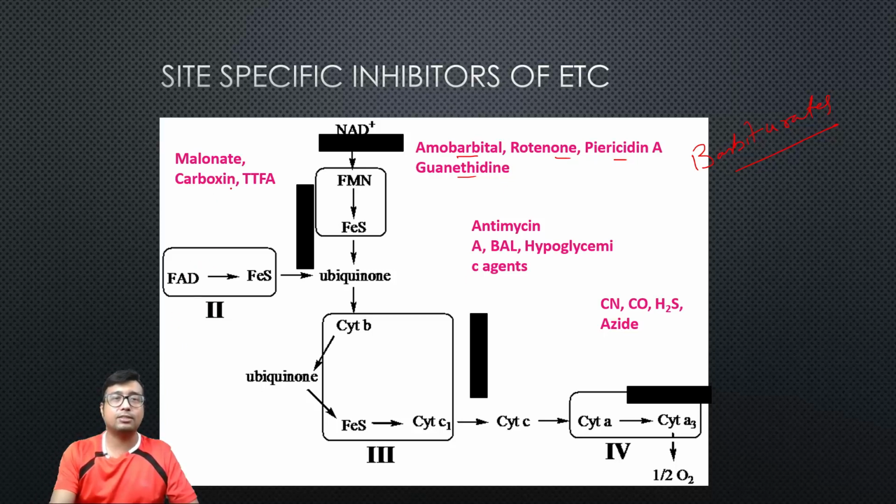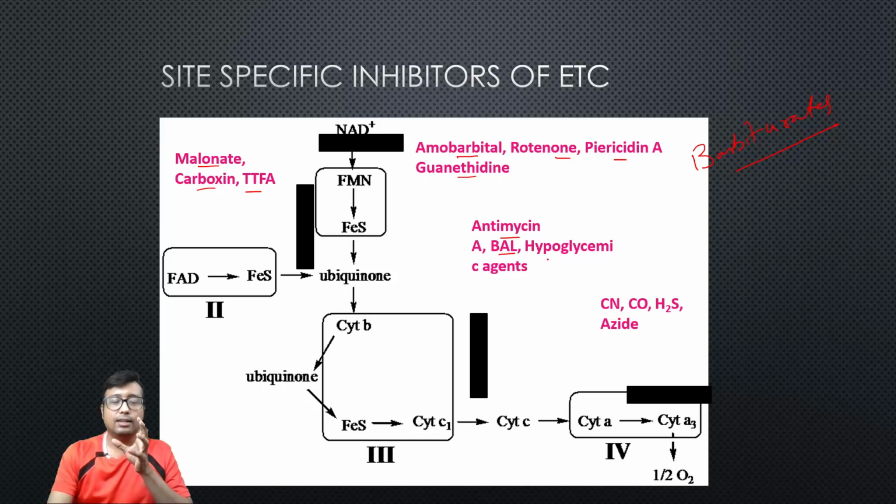When it comes to complex 2, many textbooks omit the inhibitors of complex 2, I don't know why. For now, you need to know 3 inhibitors of complex 2. Malonate is the competitive inhibitor of complex 2, and along with that, carboxin and TTFA. What is TTFA? It is thenoyltrifluoroacetone. Anyway, coming to complex 3,